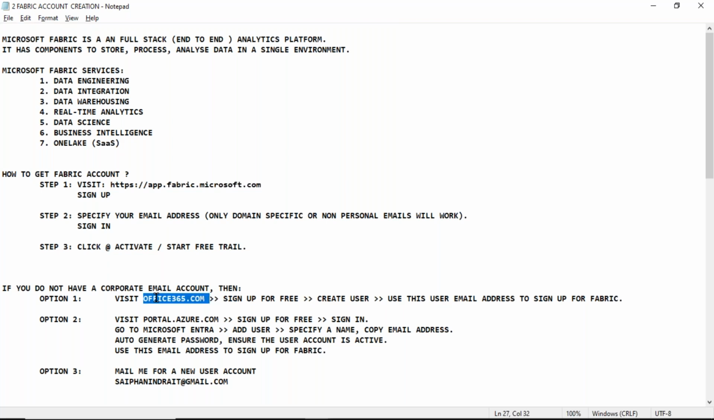Go to Office 365, sign up. There you see an option called user. Create a user, you get one corporate email address automatically. No, Sai, I'm not able to. No problem. Go visit